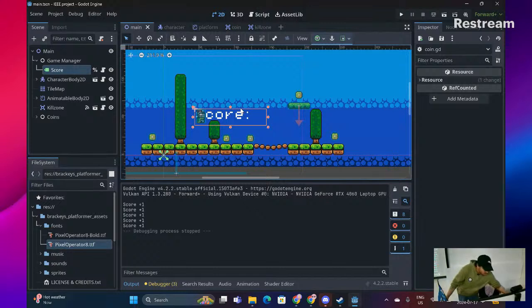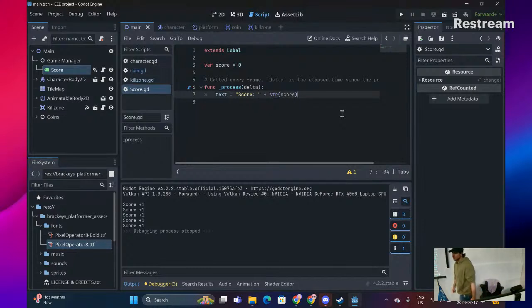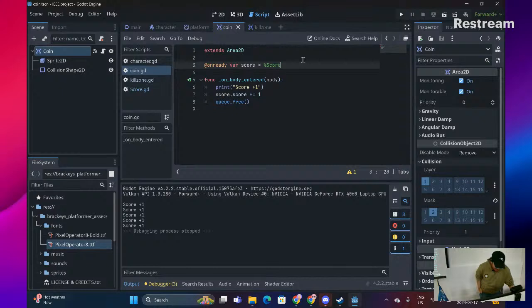Yeah. So the coin script is actually really simple, but the key point is to remember to assign. Oh, the score. So the score is just a simple process function saying that the text equals score and then the integer, right? But the biggest important thing to remember is the uniquely assigned variable, because that's what we're calling. And if that goes away, then this will break real quick. So, with that being said,